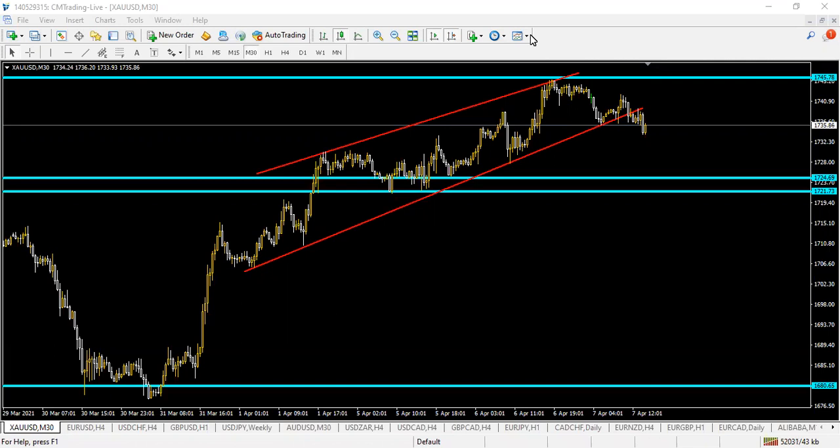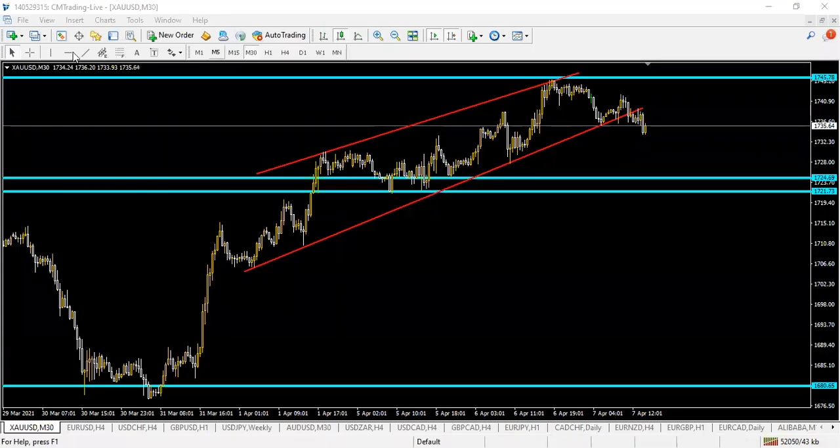We just sent a trade setup on the group on XAUSD. XAUSD is the trade that we've been looking at. I'm trying to share my screen here, and this is not sharing at the moment. I don't know why. Cool. So let's go quickly, let us look at the XAUSD that we sent out.